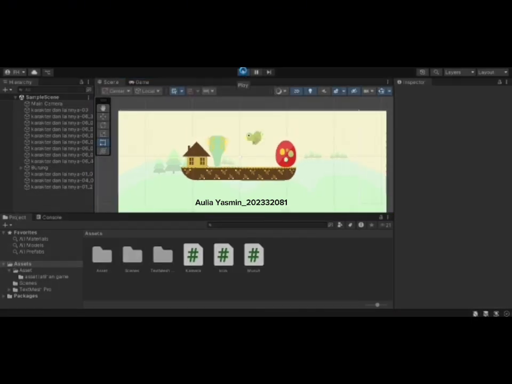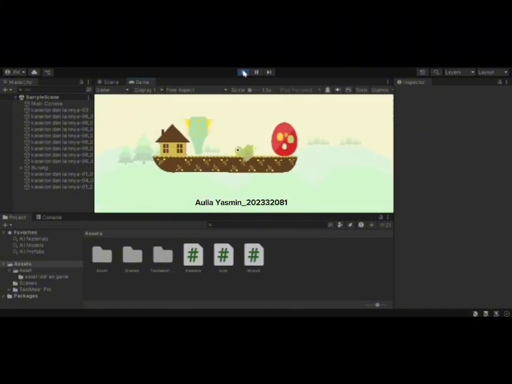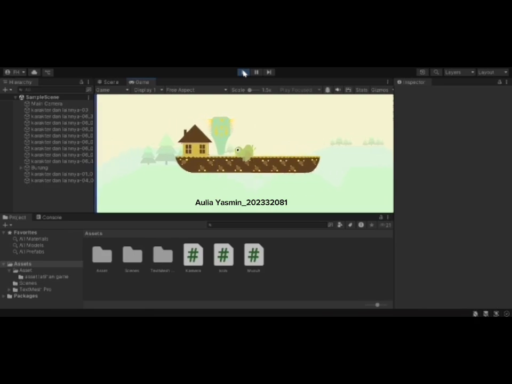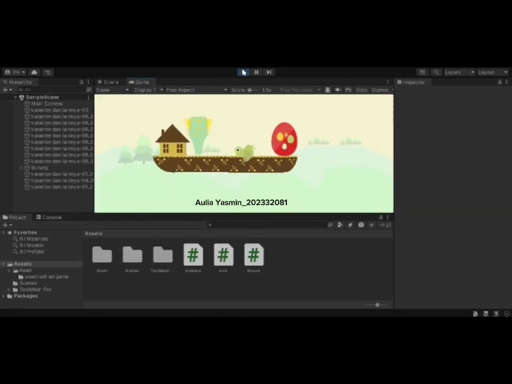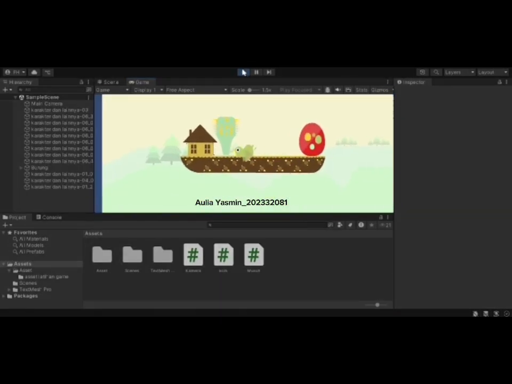In conclusion, by using simple trigger-based scripts in Unity, I was able to make an interactive 2D game where the player can collect coins and be followed smoothly by the camera. The OnTriggerEnter2D function helped me handle object interaction like collecting or taking damage, while Vector3 allowed the camera to follow the player naturally. These are essential techniques in 2D game development and will be very useful for building more complex games in the future. Thank you!